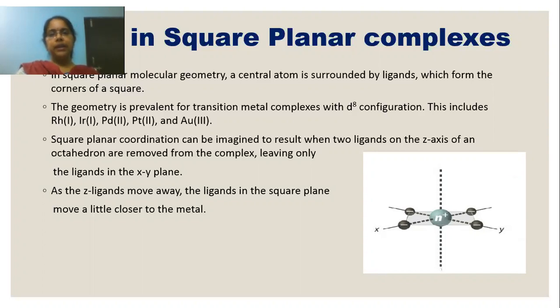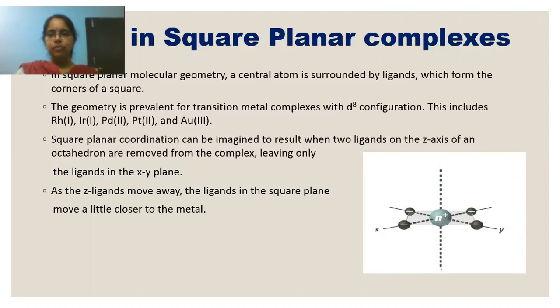That is mainly the dxy and dx square minus y square orbitals of the central metal. Whereas the d orbitals that contain the Z plane, that means dyz, dzx and dz square,